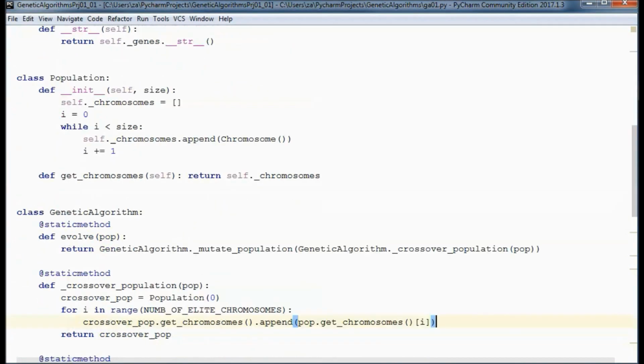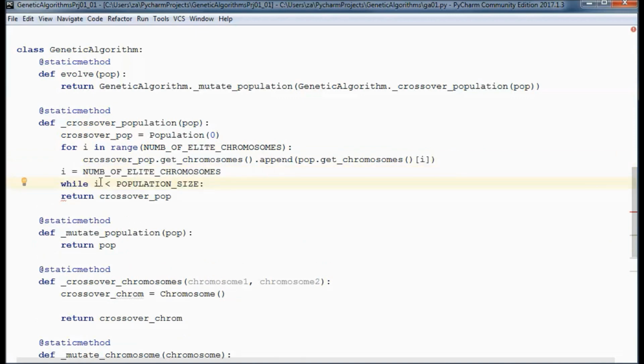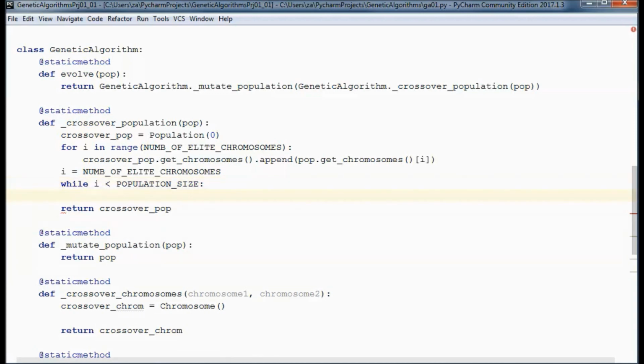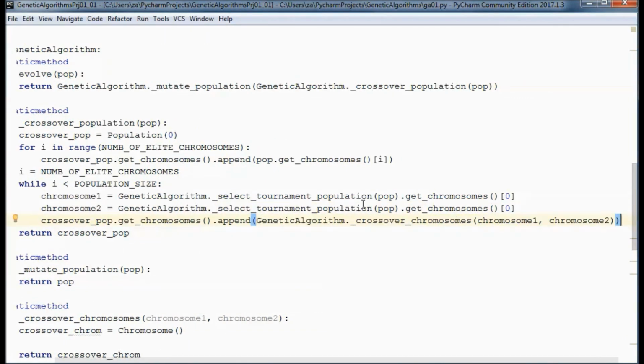Now going back to the crossover population method, we will have a while loop that starts from 1 in order to exclude the elite chromosomes, and we will select 2 chromosome populations and pick the fittest chromosome in each one of those populations, and then we will call crossover chromosomes on those 2 chromosomes and append the returned chromosome to the crossover population.